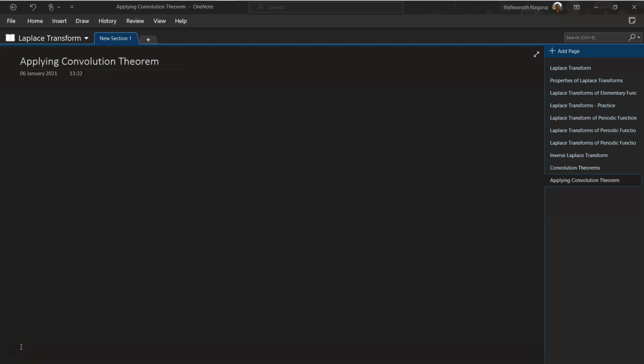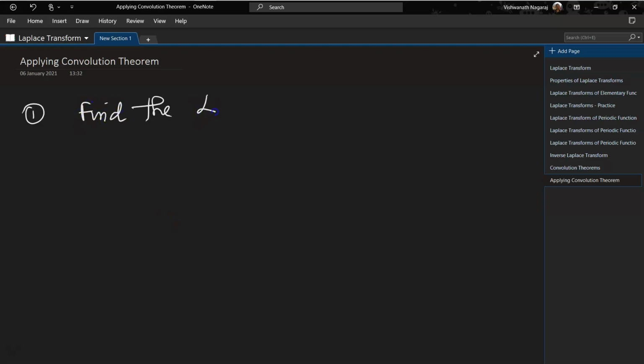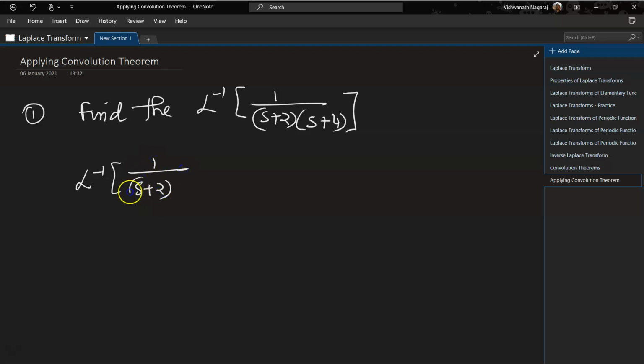Let's apply the convolution theorem. Let's look at the first problem. Find the inverse Laplace of 1 by (s plus 2)(s plus 4). In other words, we have to find the function whose Laplace transform is this. So let's proceed. Laplace inverse of 1 by (s plus 2) times (s plus 4) is equal to